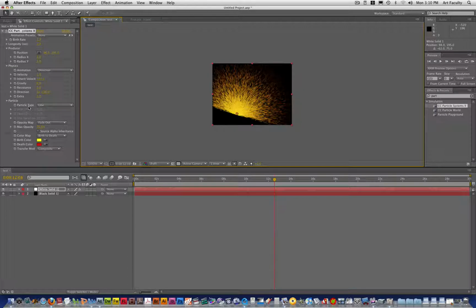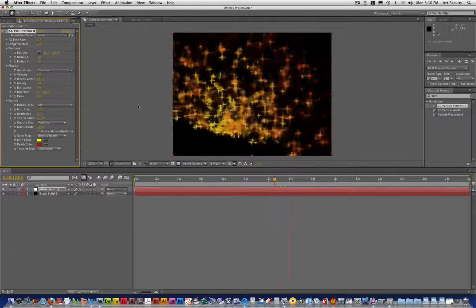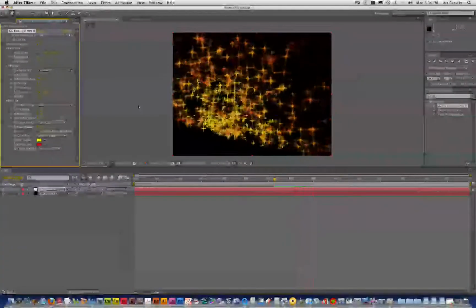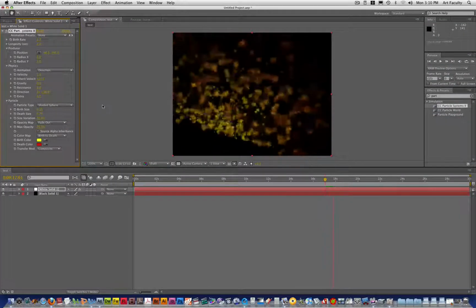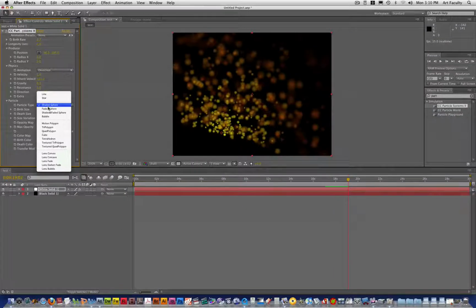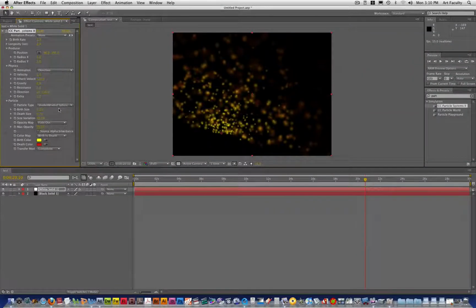Under the particle drop-down, you can choose the particle type. And so far, we've just been playing with line, which is the default. I'm going to zoom in a little bit here and choose the next option, which is star. You can see how that has a nice little star effect. I also can do shaded sphere, or faded sphere, which is very similar. I also do shaded faded sphere,